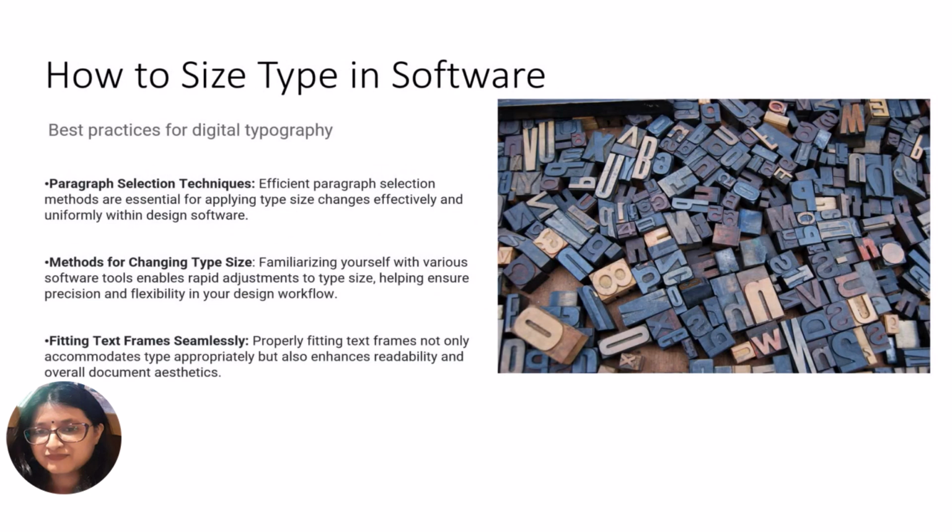Finally, we review effective strategies for sizing type within a software environment. Efficient paragraph selection is crucial when working in design, ensuring uniformity when applying changes. We'll delve into methods of changing type size, exploring various software tools available that allow for quick and accurate adjustment. In closing these sections, we will discuss the significance of properly fitting text frames to enhance the overall design, ensuring clarity, coherence, and visual